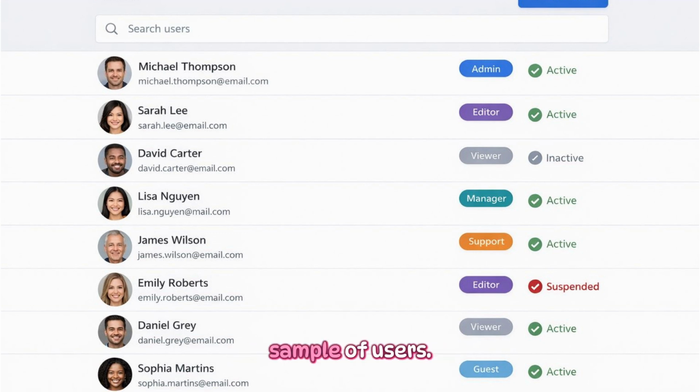Start by selecting a sample of users. A typical list of users on an application is displayed on the screen. For access provisioning, obtain access request forms or tickets. Verify that access was requested, reviewed, and approved before it was granted for the sampled users. For access revocation, select terminated or transferred employees and verify that their access was removed promptly, ideally within a defined